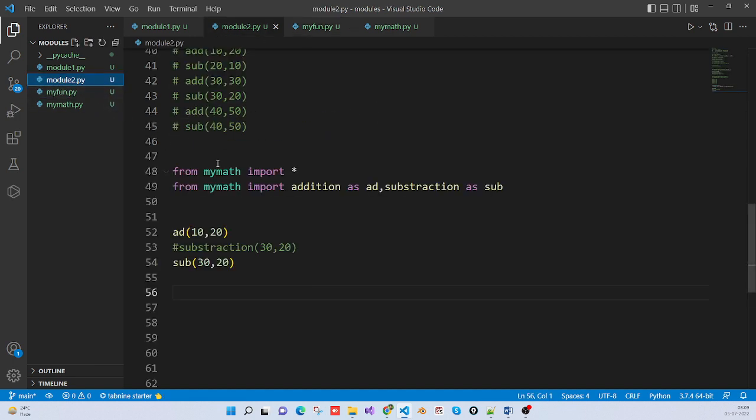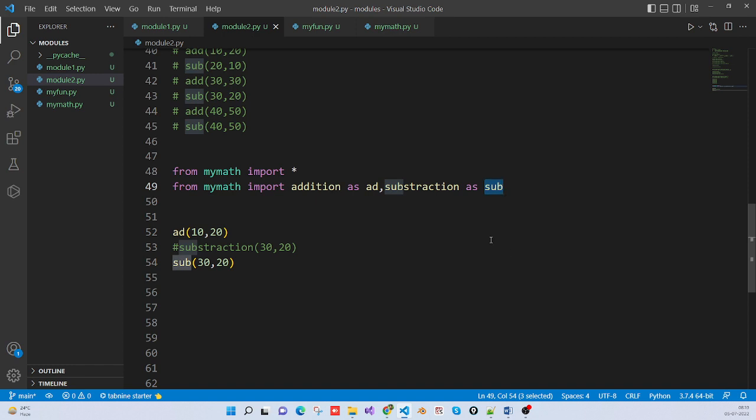And we are calling those functions by using this syntax: from your file name, then after import, if you want all the functions you can use star, or if you want only a few functions, then you can use the particular names. If you are feeling addition is a little bigger keyword, or subtraction is a little bigger word, then you can give an alias name